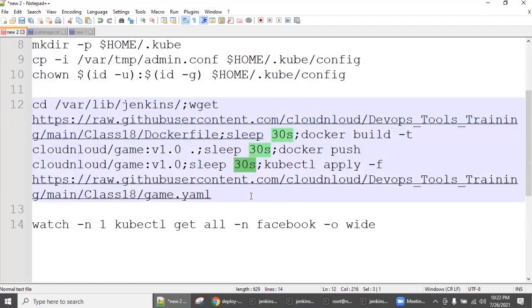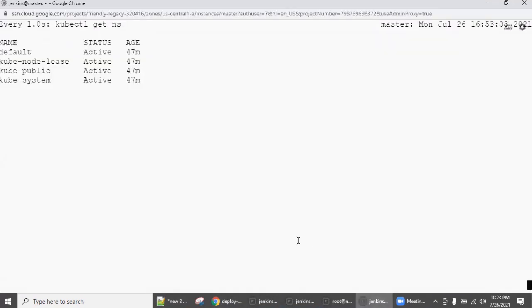So you just keep trying and increasing. Right now I increased it to 60 seconds. So let's go back here, go back to the namespace. Wait for a few more seconds. Yes, the Facebook namespace is getting created.